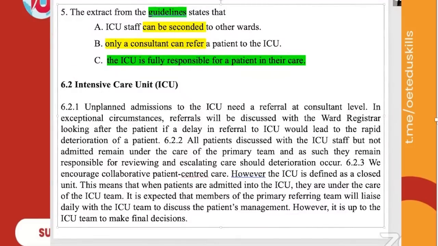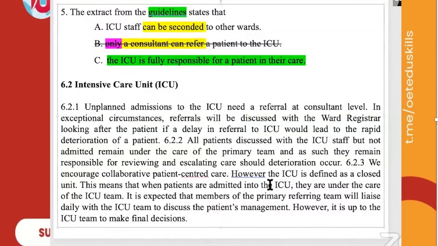Most of these questions, if you understand, because from your general knowledge, I tell you, definitely half of the questions you can answer from your general knowledge, but you don't analyze those options. And only a consultant can refer a patient to the ICU. There are so many ways of referencing, right? Not only consultant. And again, only means what? Other strategy, which I am not dealing with here. Absolute. When there is an absolute word, immediately that option is wrong. So simply the answer is that still, since we said it is a contrast word based question, let's see